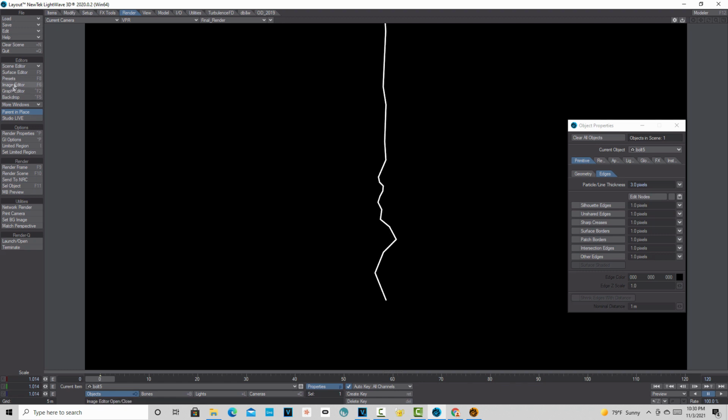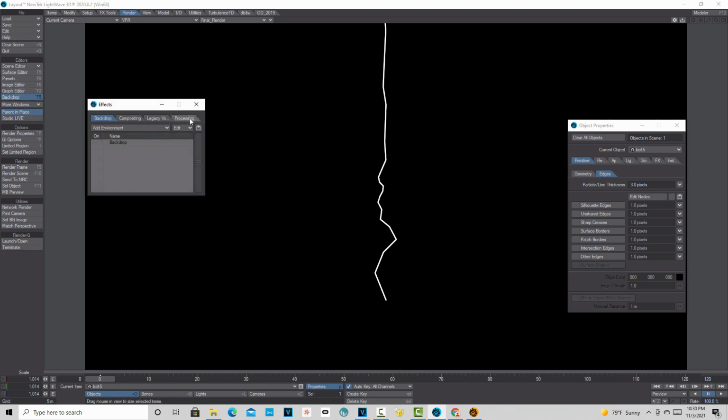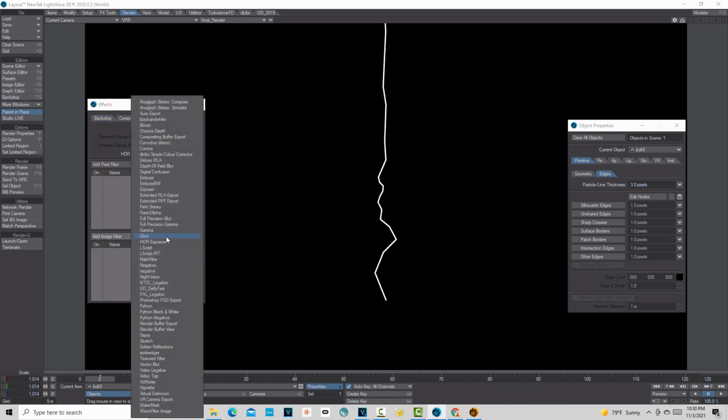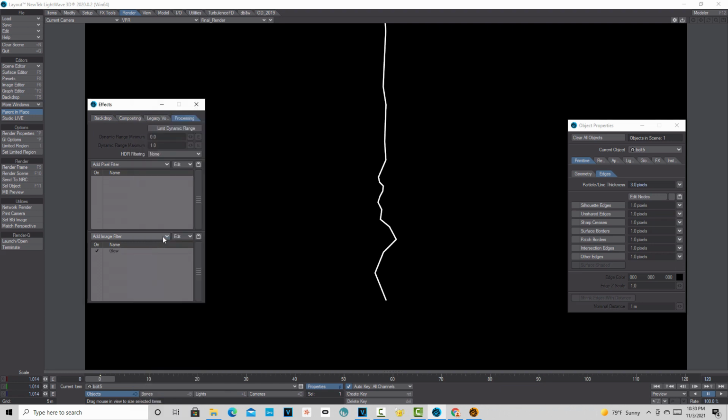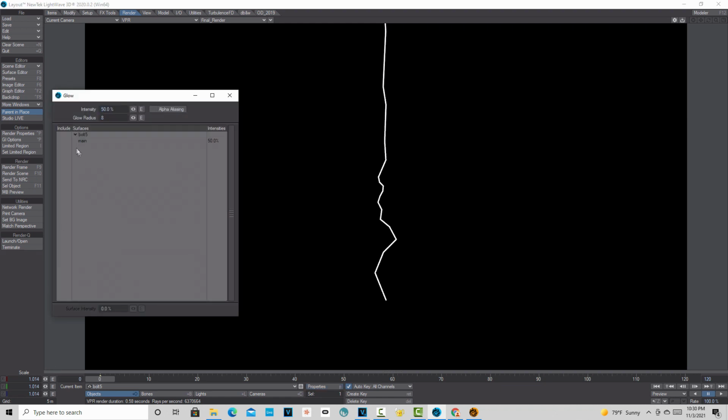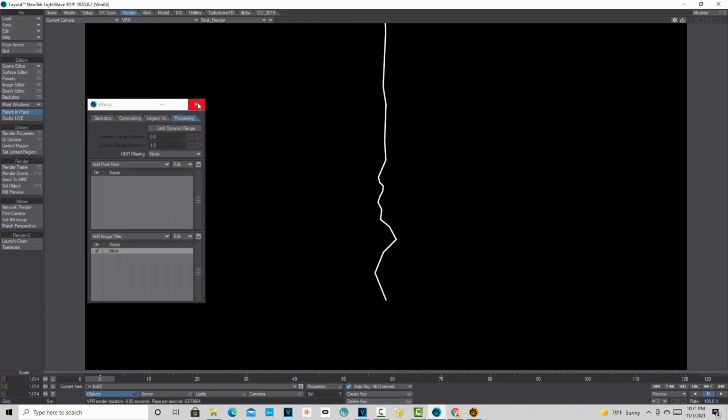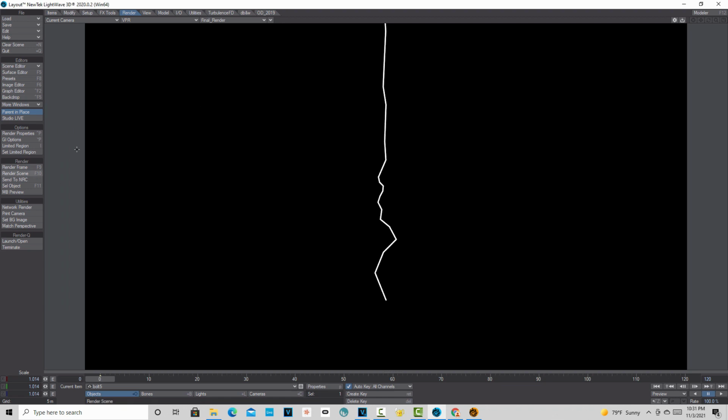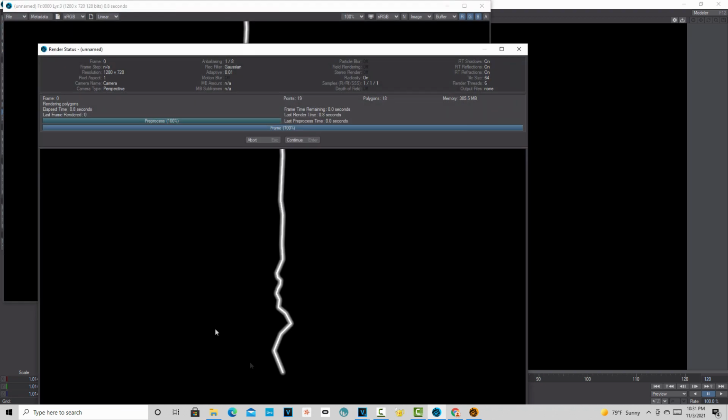The other thing that you can do is go into backdrop and processing and come down here to glow, double click here. Where is it? Should be able to double click there. Oh yeah, and click there. And we can just leave it on the default settings for right now, because this is a process. You won't see it until you render the frame. And so if we just go render frame, you'll see that there's a nice little glow it adds on top